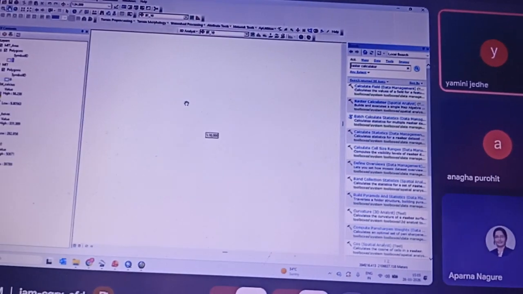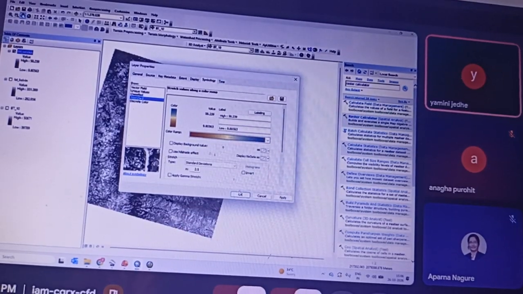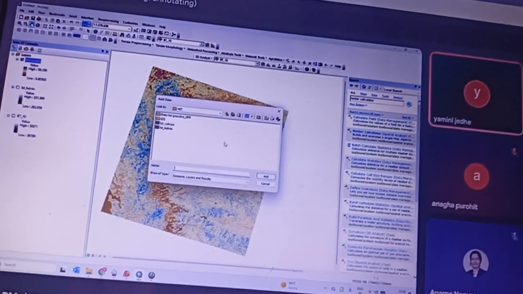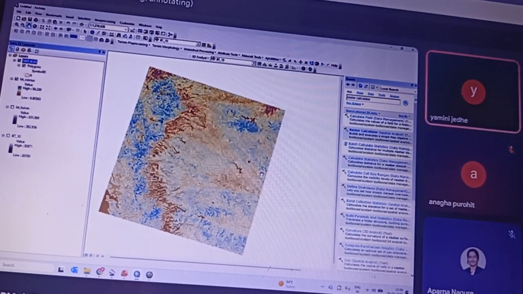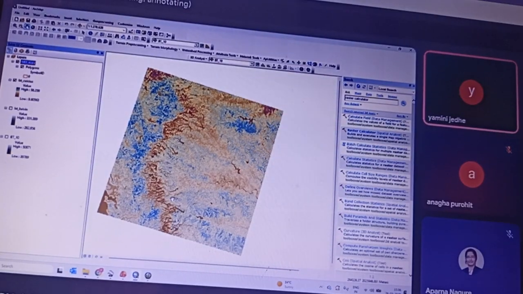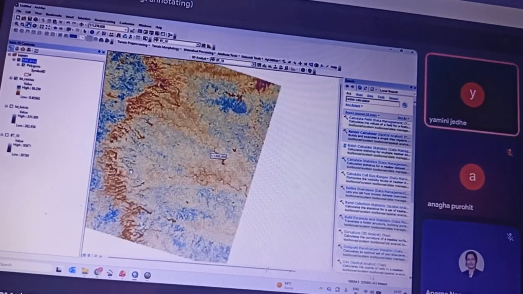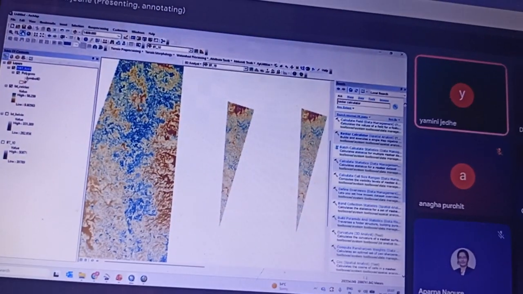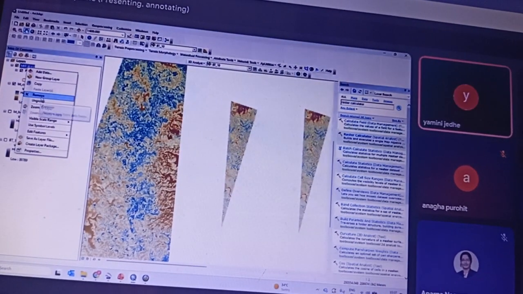It's taking some time. And then we will add the layer. Okay, there is some issue with the layer, I'll just remove it.